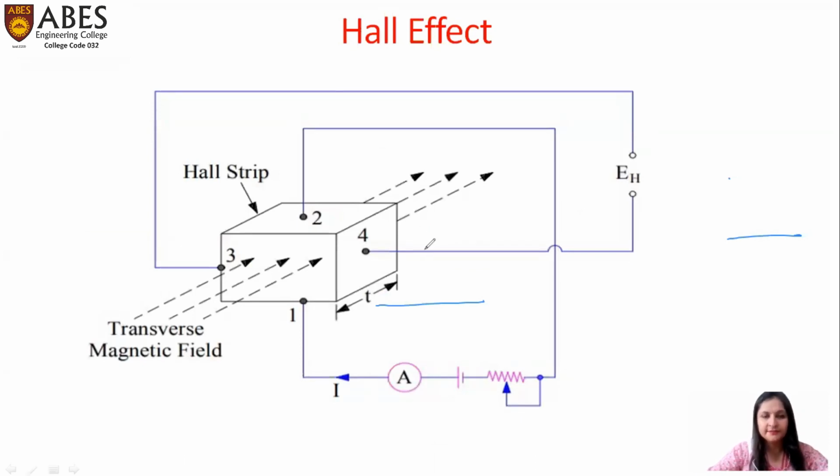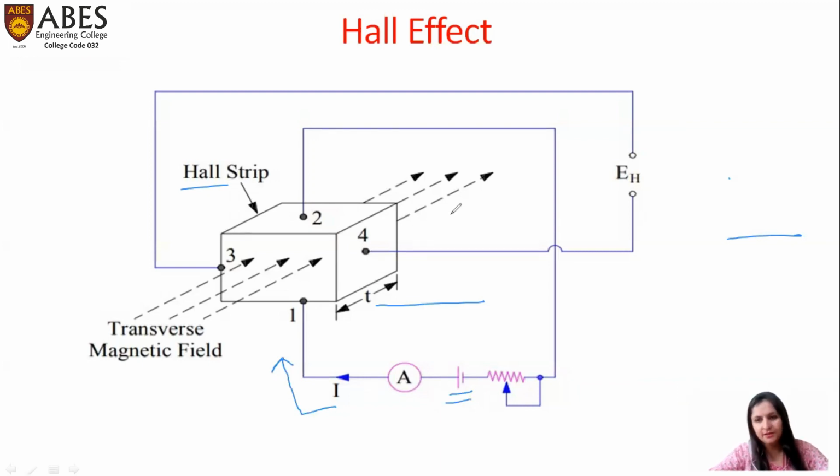What happens in the Hall effect is we take a Hall strip, and this Hall strip is actually a conducting material strip. Conducting means that it will be carrying a current. Whenever we take a Hall strip, we apply a circuit which consists of a potentiometer and a voltage supply, and the current flows through this conducting strip. Whenever this Hall strip is placed in a magnetic field, we can see